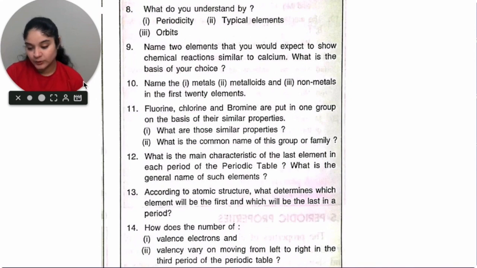Now the next is question 13. According to atomic structure, what determines which element will be the first and which will be the last in the period? So according to the atomic structure, the number